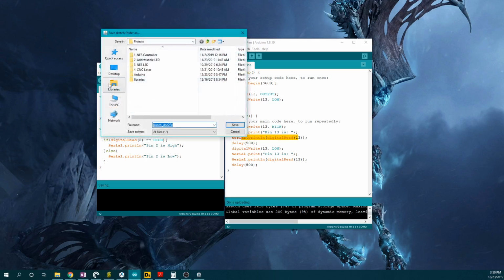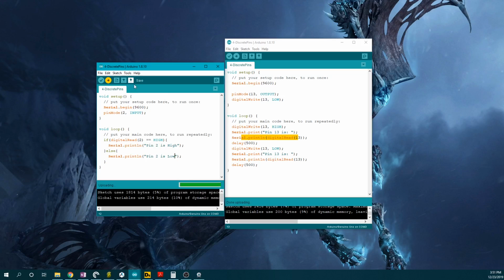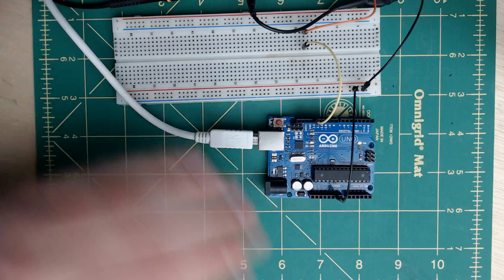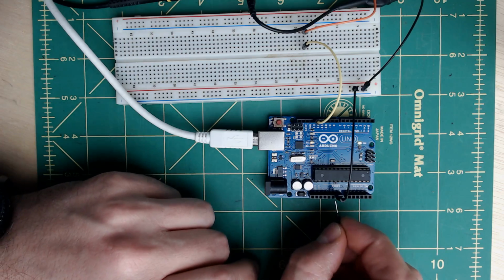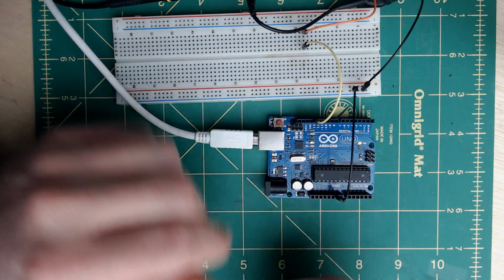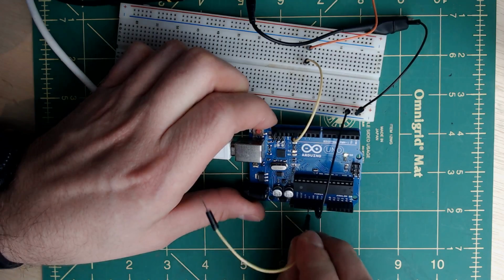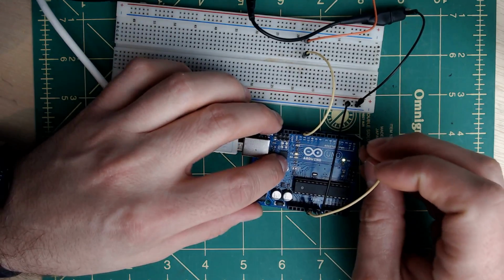And we can go ahead and upload that sketch. Let's save it and upload it. And basically all I'm going to do here is take a jumper wire, and I'm going to use our 5 volts and our ground pins here. If I start off with our 5-volt pin and place it in pin 2